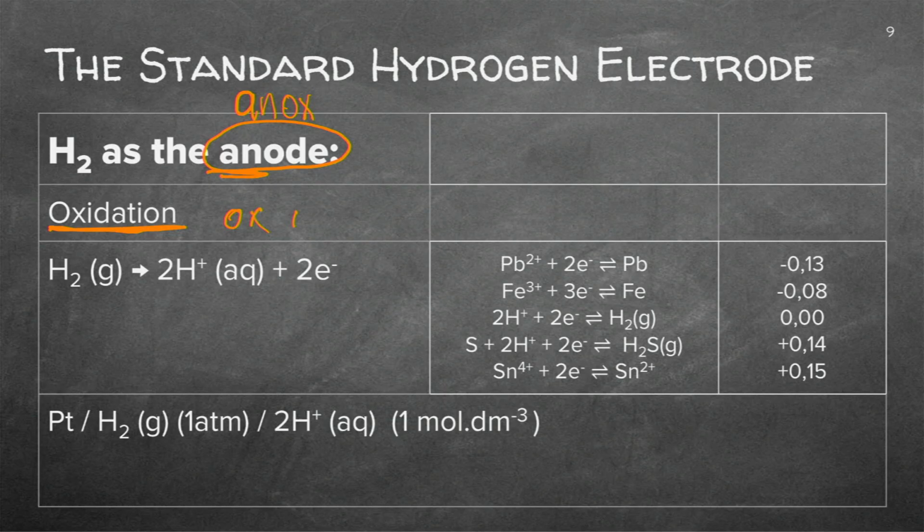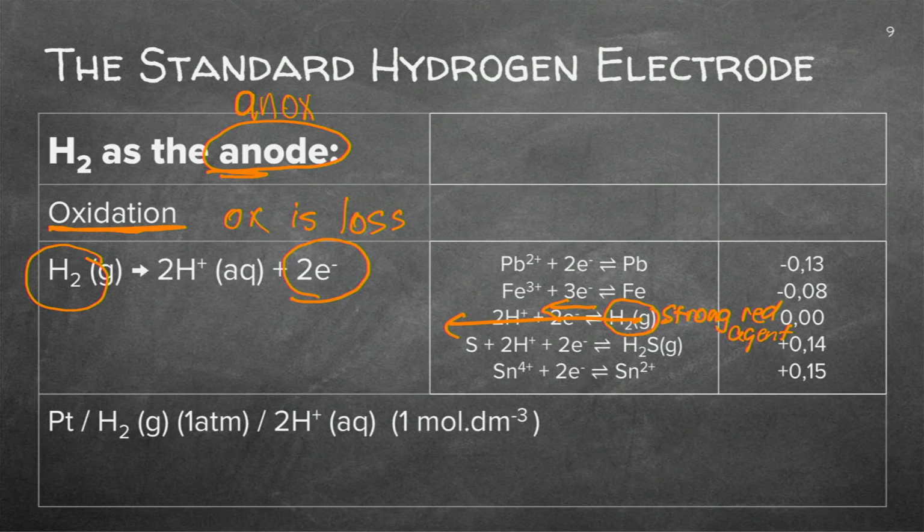Now let's quickly go back. Oxidation is loss. So it will be the reaction where the hydrogen gas gives away electrons. Now if we go back to our table, I can see it's the hydrogen gas here that's giving away electrons. So this will be the stronger reducing agent. Now, if the hydrogen gas is the stronger reducing agent, it will react with anything below it, which becomes the oxidizing agent. And as I said, this is the half reaction.